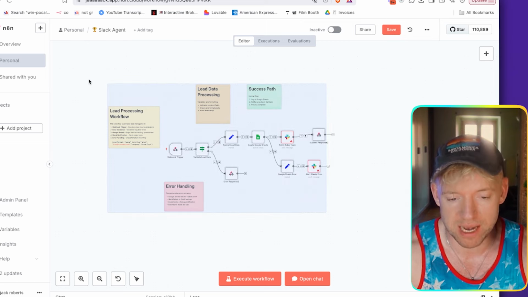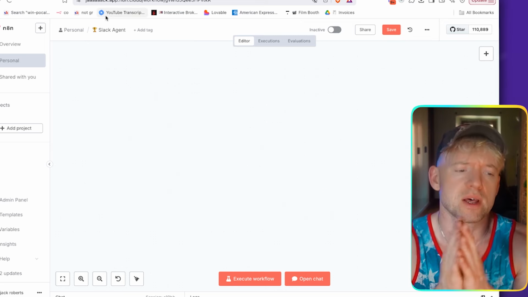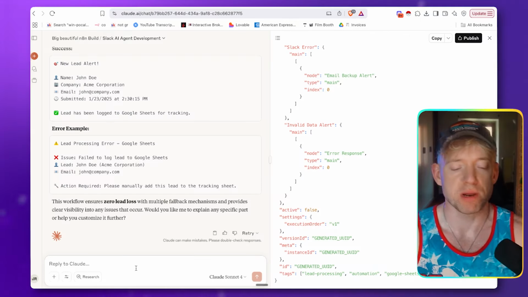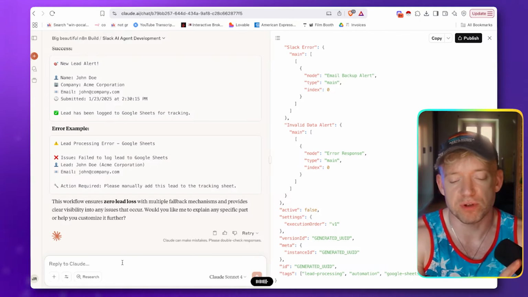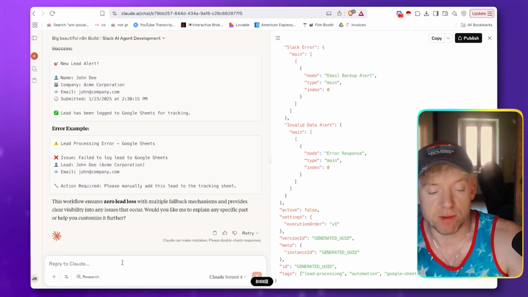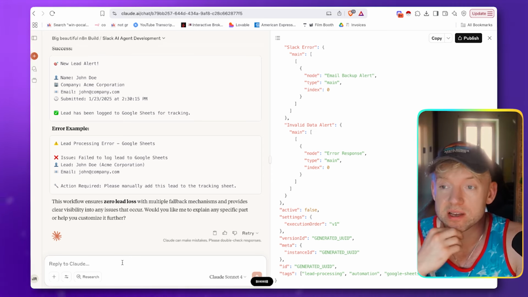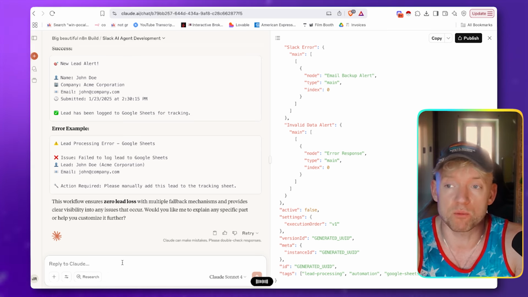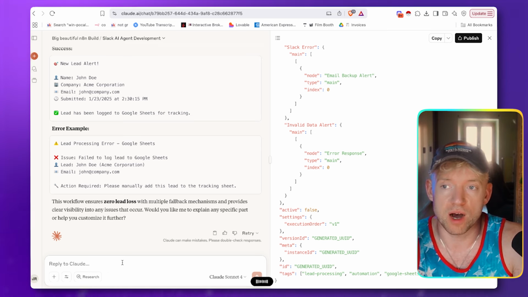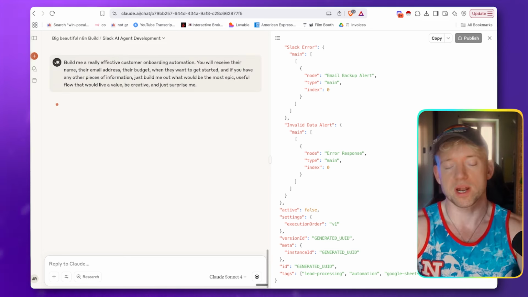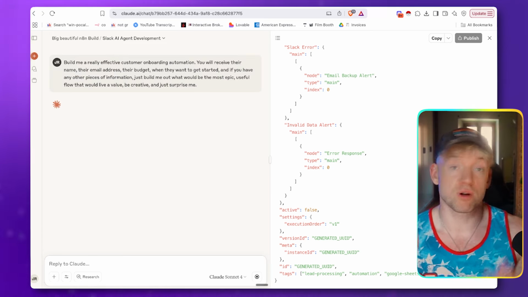So in the last example, what we're going to do is give Claude a challenge, something to think about architecturally for our purposes. And guys, I'm going to be really vague with this. Build me a really effective customer onboarding automation. You'll receive their name, their email address, their budget, when they want to get started, and a few other pieces of information. Just build me out what would be the most epic, useful flow that would deliver value. Be creative and just surprise me. So now we can actually test its ability to think creatively about the problem that we've got